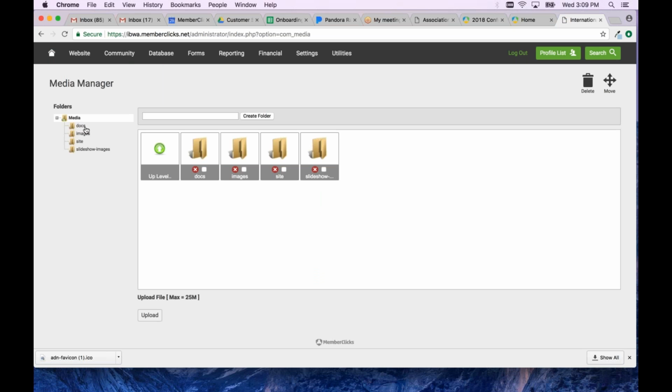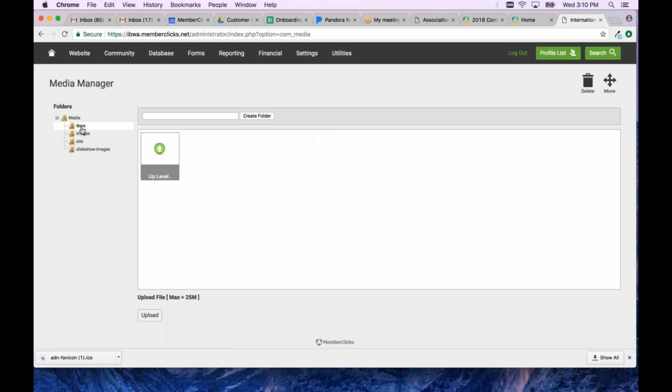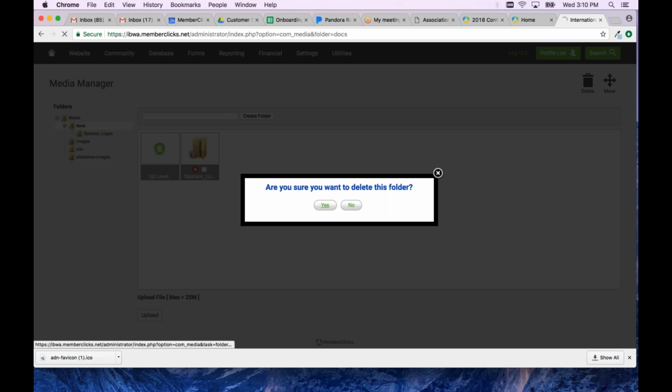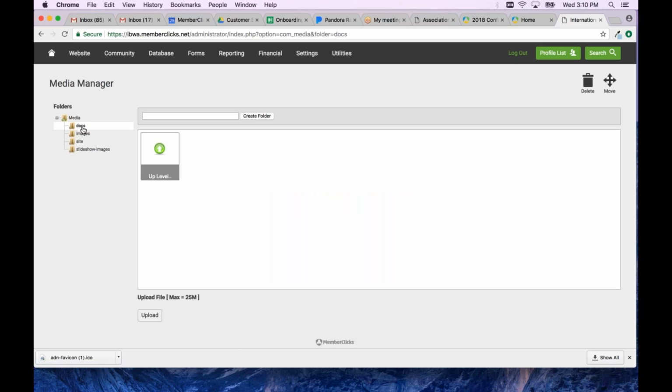It's broken up into different tabs. Documents and images, of course, would hold documents or images. So under documents, we can create subfolders as well. So we could call this like sponsor logos. You guys may end up having some sponsor logos you want to add. So we could create an additional folder to hold those. That would, of course, be under images instead of documents, but just showing you that you can create submenus. Okay. You can also, I'm just going to delete that folder, add documents or images just by